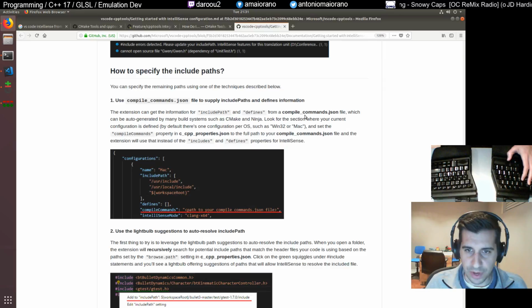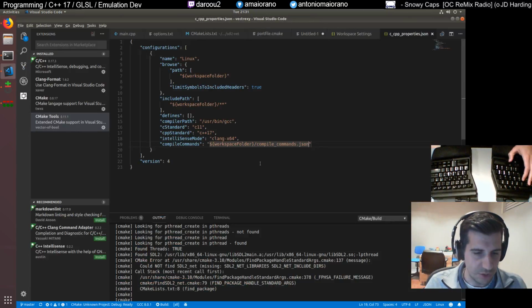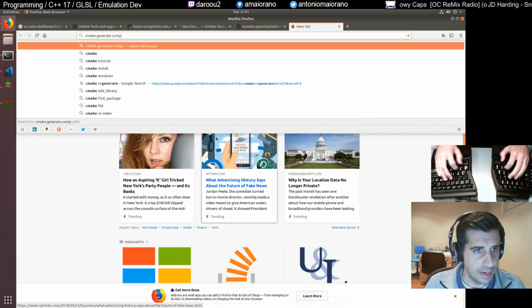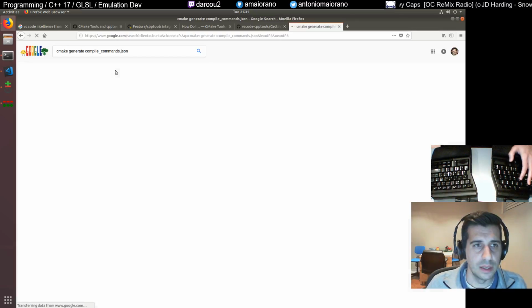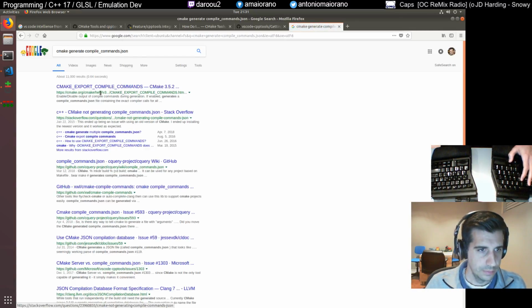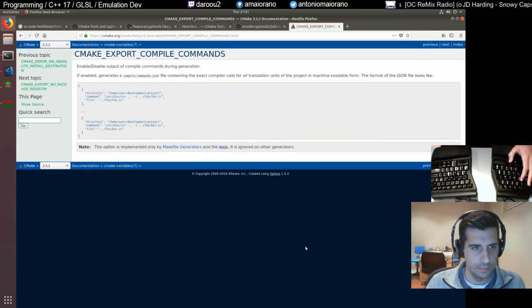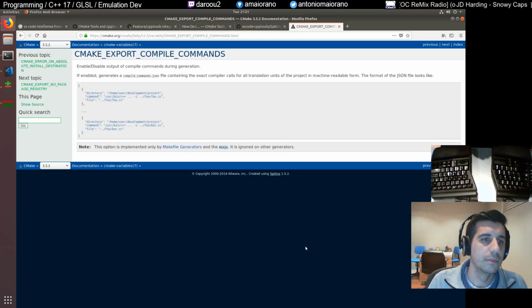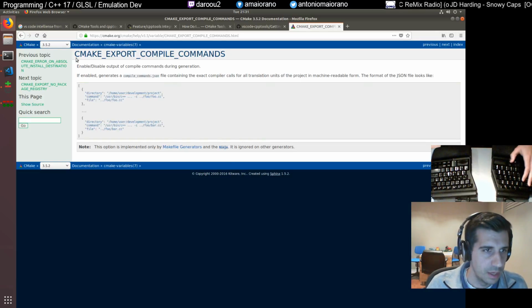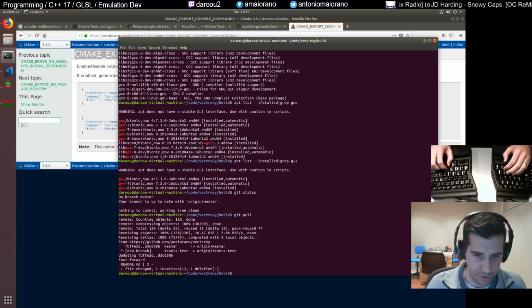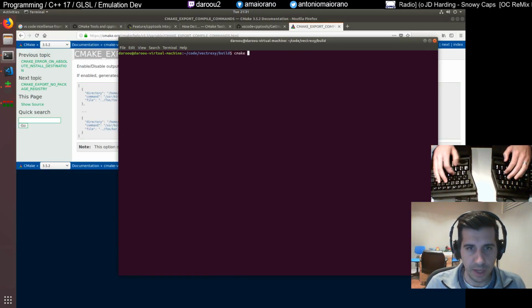Right, so we just need to generate the compile commands. I just need to really do this once, and update it rarely. CMake generate compile commands. CMake export compile commands. So we just have to pass this, I guess, equal to on or something. Makefile and Ninja generators. So if I just do cmake -D on,